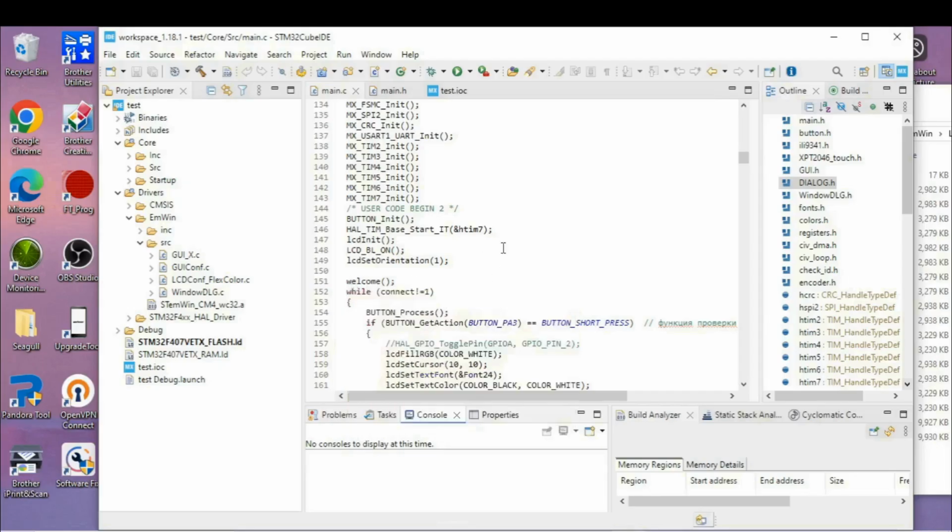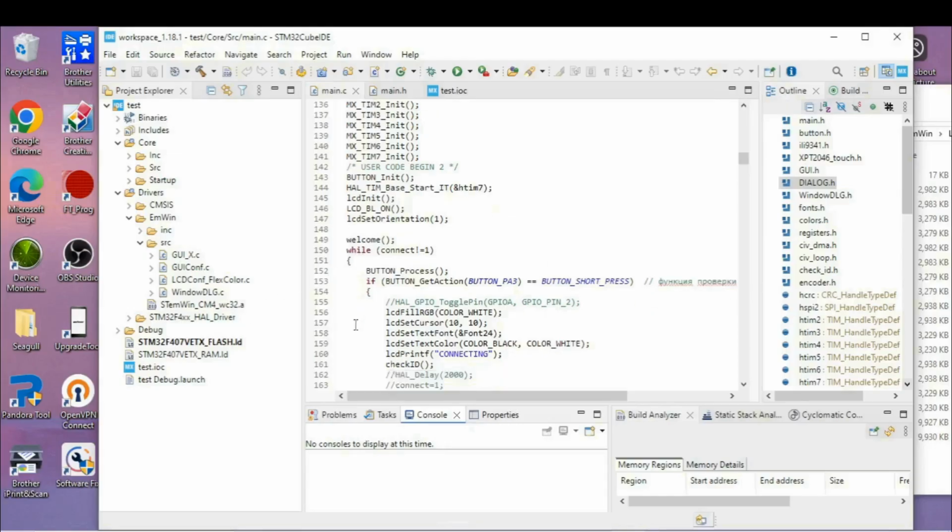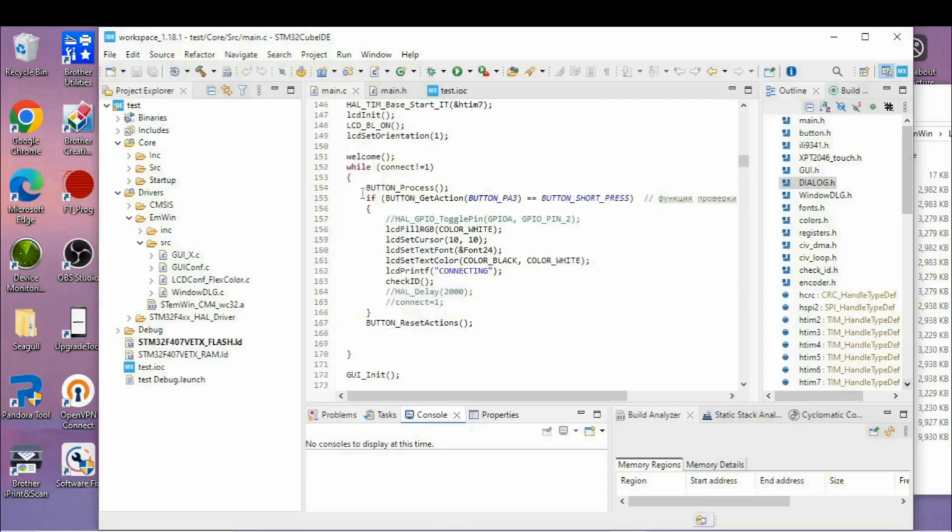And then we run the function while connect not equal 1. So we're waiting for the radio to connect. Then we press the button. When we press the button, we fill the LCD with white color. Change set cursor 10, 10. Set LCD font to the largest, 124, and set text color to black. Print